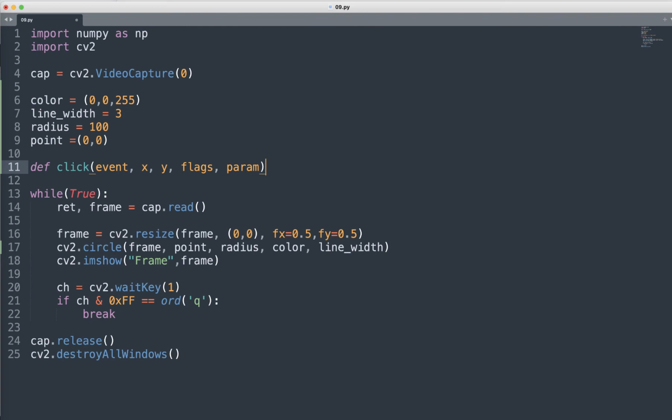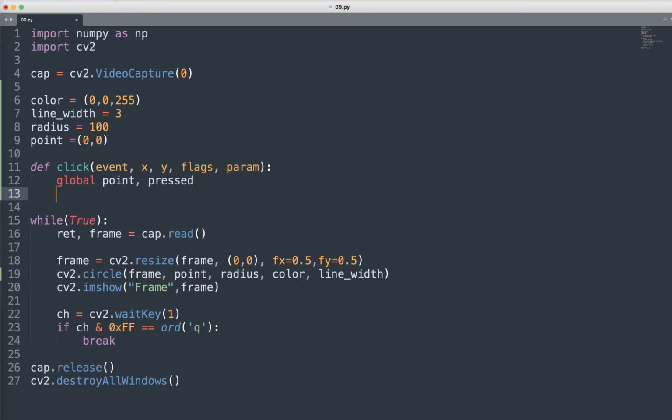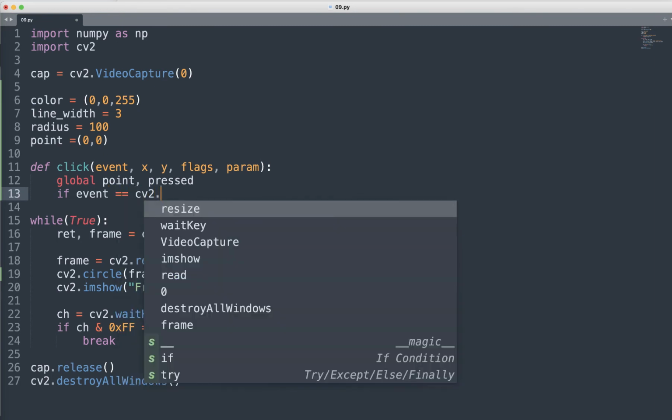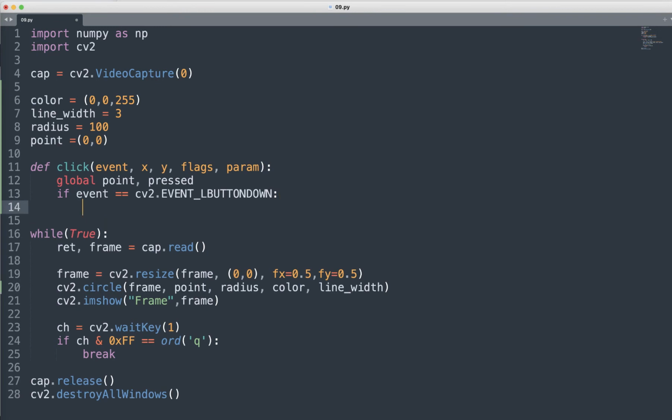Then the colon, and here we need to define a global point and pressed variables, and if event is equal to cv2.EVENT_LBUTTONDOWN, the function